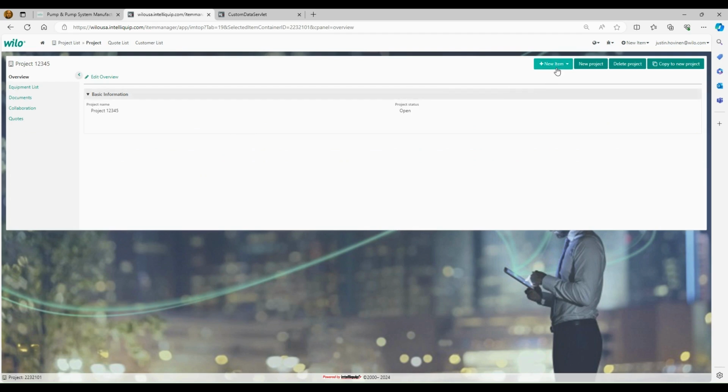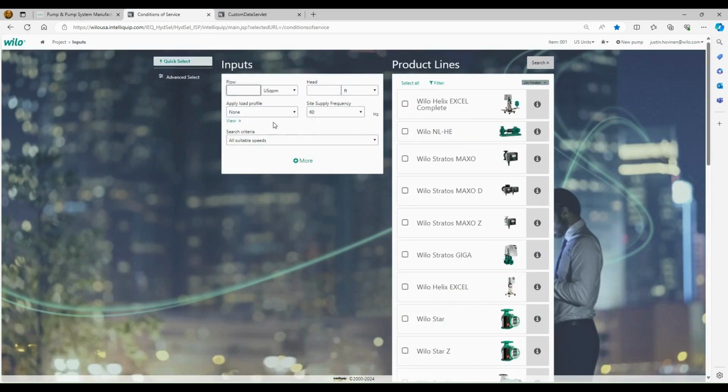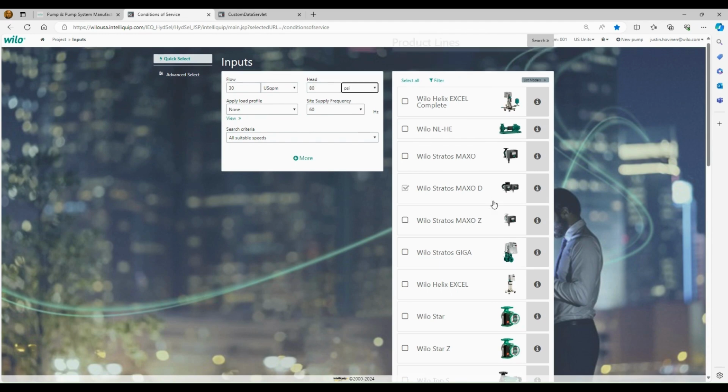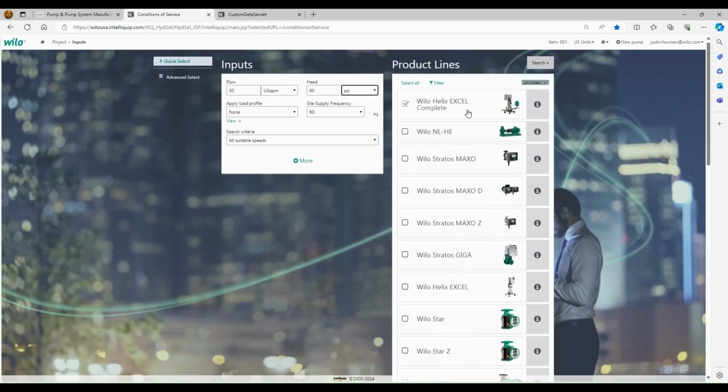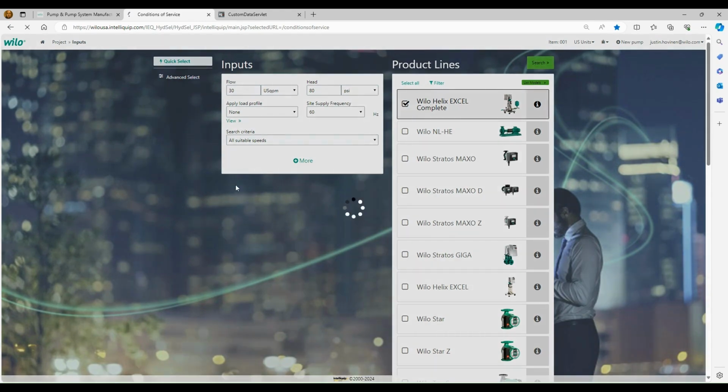And then all you'd really do is just come up here on the right hand side at the top and you're going to click new item. And then we're going to go into, this time we'll do a select pumps and simplex system. And we'll do a quick little sizing on a simplex system. So we'll just do 30 gallons a minute and we'll do 80 PSI. And then we will select the Helix Excel Complete. This is our ECM simplex booster pump version. We'll click search